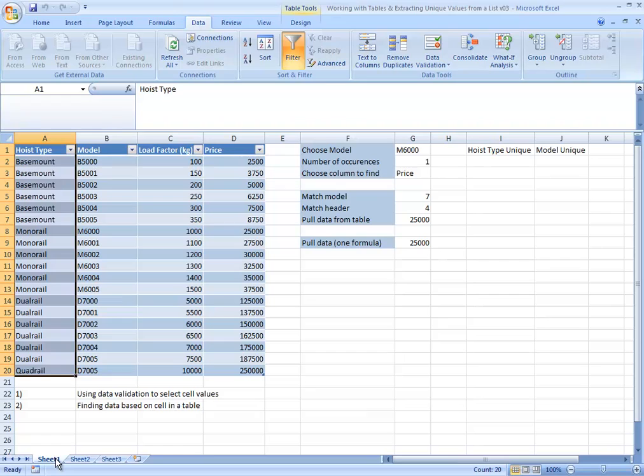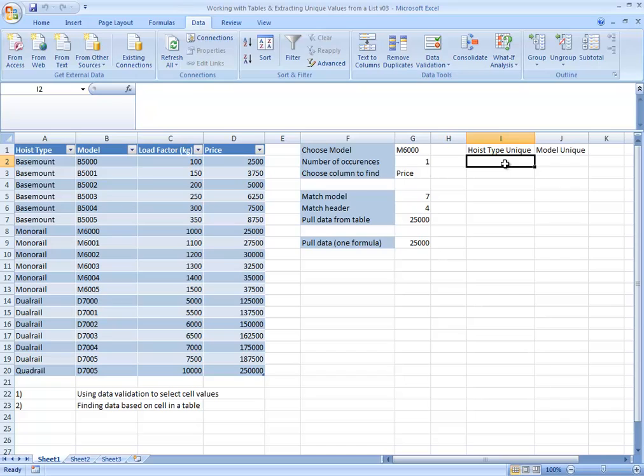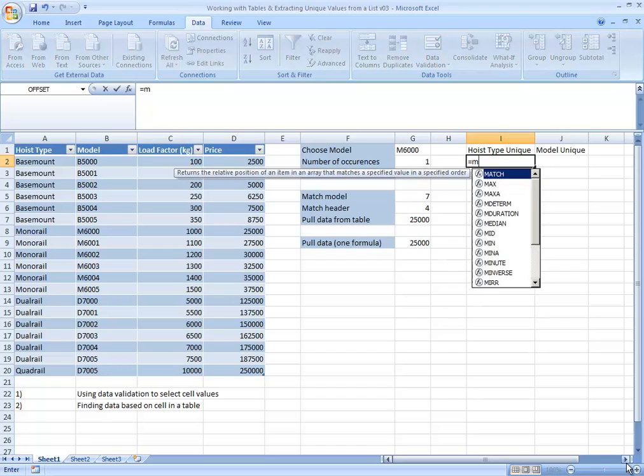But normally when you're working with a table, you get more records and things grow, and you don't want to be finding your unique set of items every time. So we're going to use a formula to do this, but it's quite a complex one, and an array formula at that. So the first thing we're going to do is use MATCH,